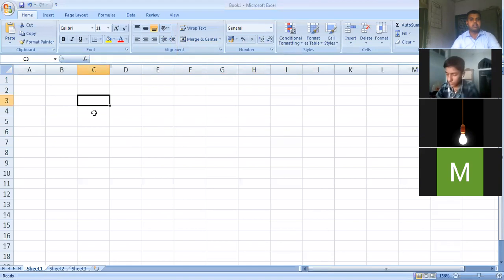Step number one: select any one of the cells by left clicking on your mouse.